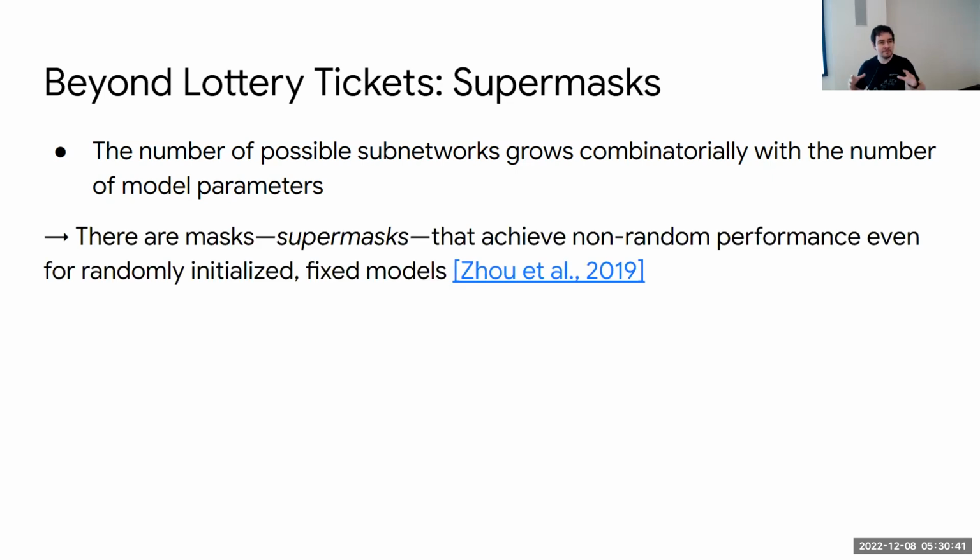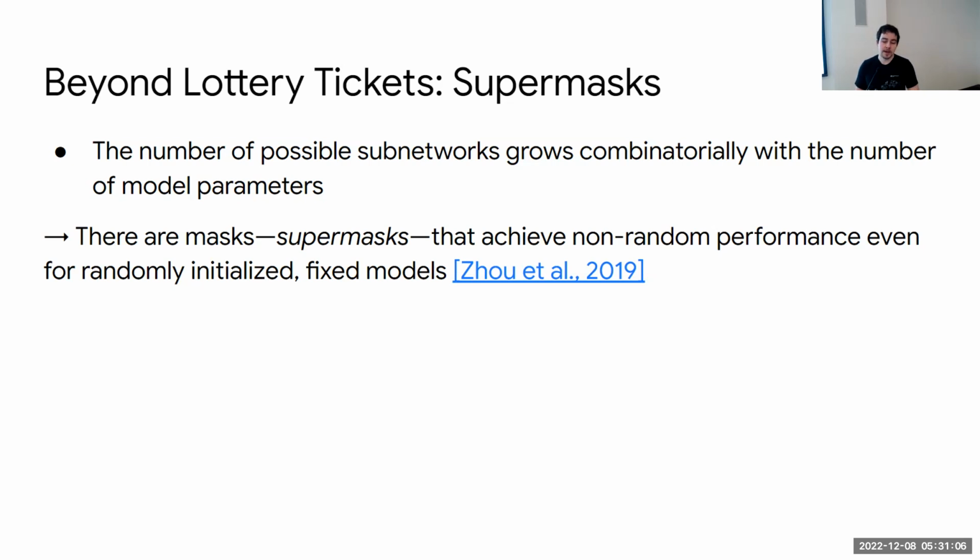So given this huge amount of combinations of possible subnetworks, it's maybe not that surprising, but still very interesting, that there are certain mask combinations, what they call supermasks, that, without retraining these subnetworks, allow you to achieve non-random